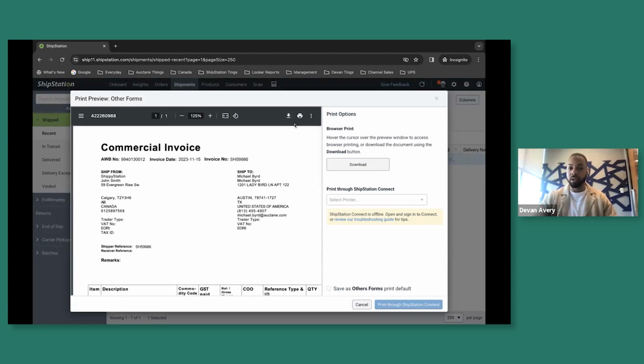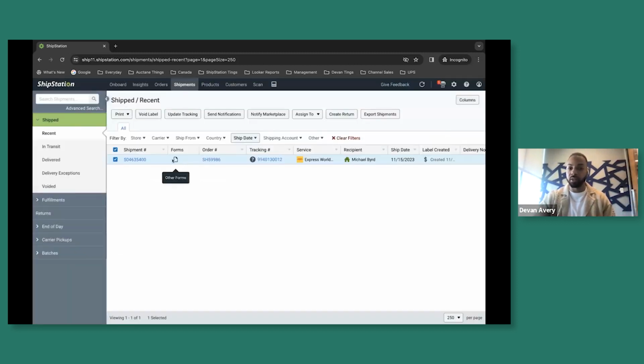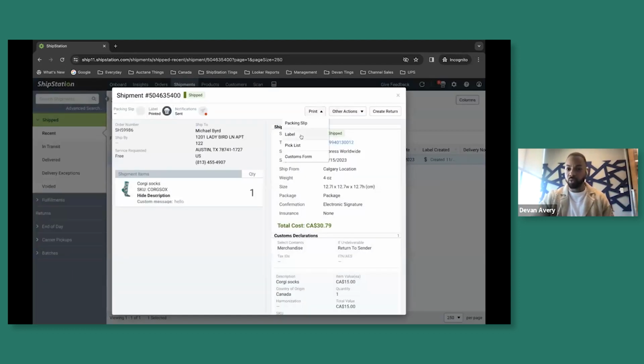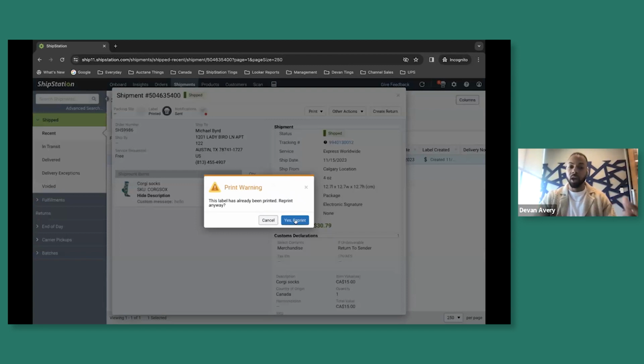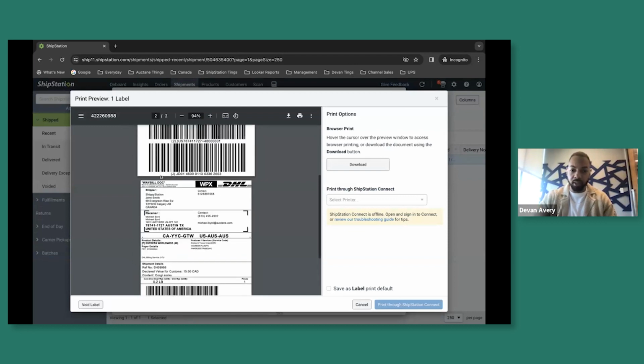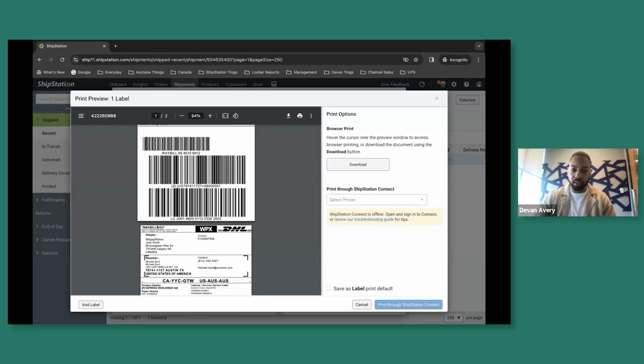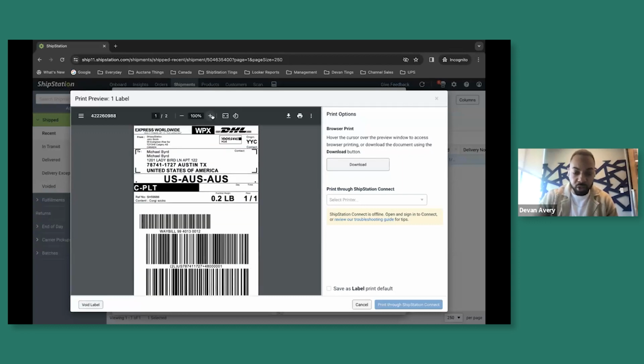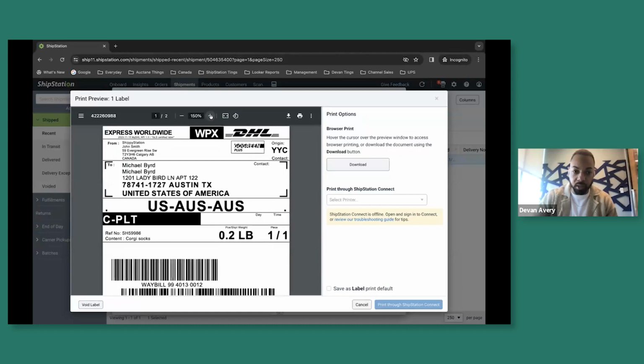You can actually download it. You can print it out. You can save it for later. But that information, if you ever wanted to find it, is included here under this forms column. It's just a PDF that's being generated. However, like I had mentioned, this information will be sent electronically to customs. And so this is my label, of course, that I'm going to attach to the box, including the attached waybill here. So let me go ahead and zoom in on this just to highlight a couple of things